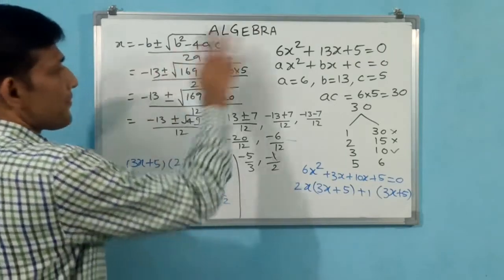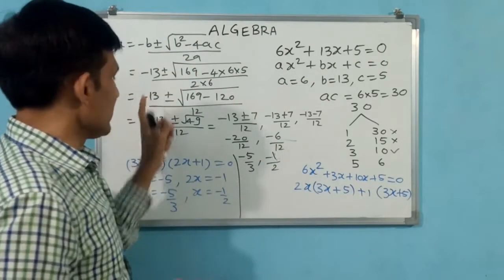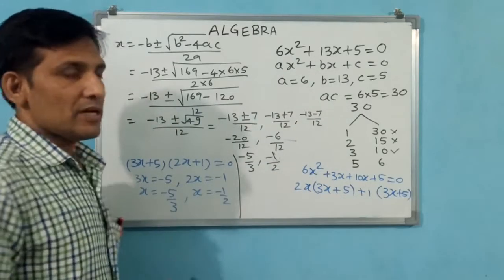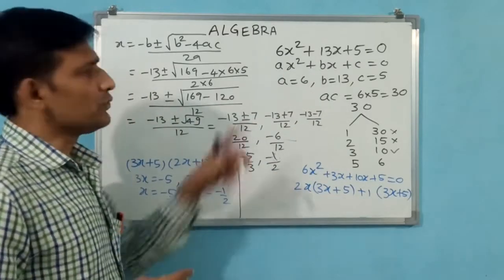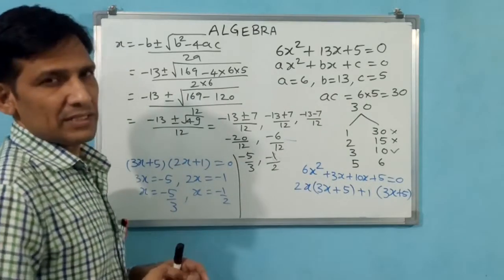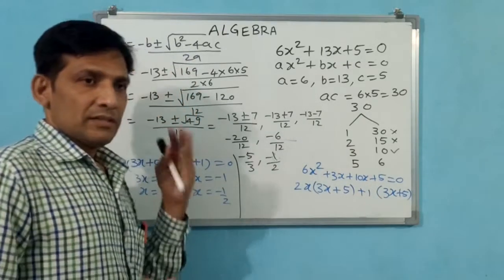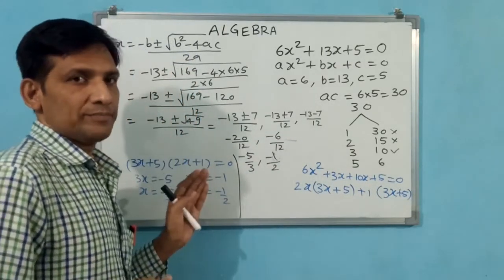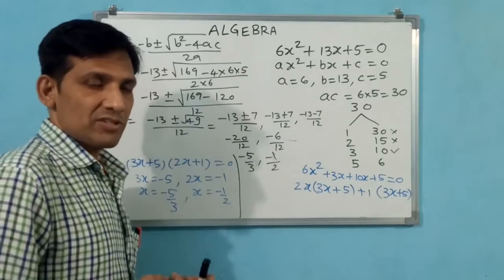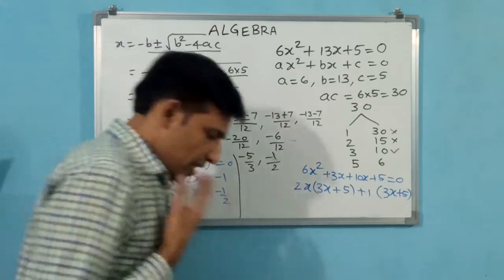This is a formula based solution. Formula also you can take, factorization also you can make. As much as possible you go for the factorization method. If factors are not coming or it becomes complicated, then you go for the formula. This is finding the roots of a quadratic equation, or finding the values of x. Then we go for